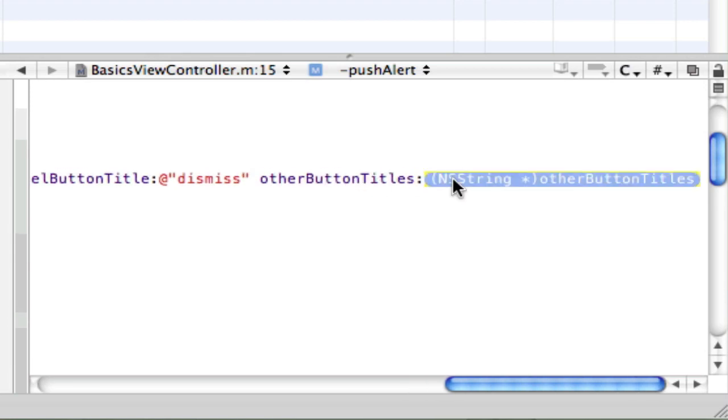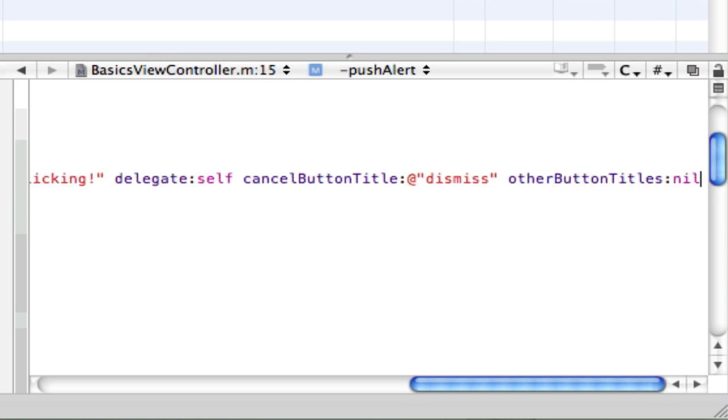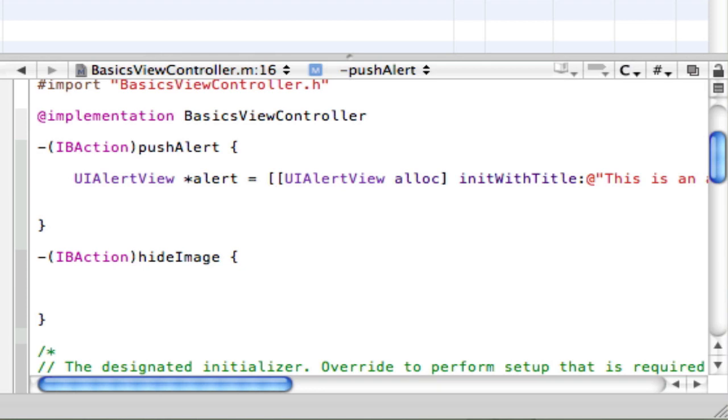Other buttons is going to actually add multiple buttons to your alert, where with a void method you could add actions to them. We're not going to be going over that in this tutorial, maybe in a later one, but for now we're just going to put nil. Nil always means nothing. Then semicolon, enter,